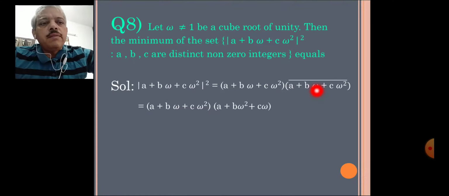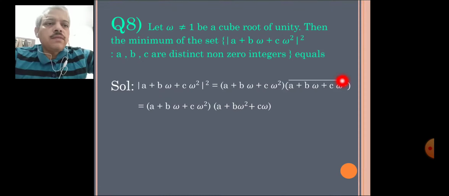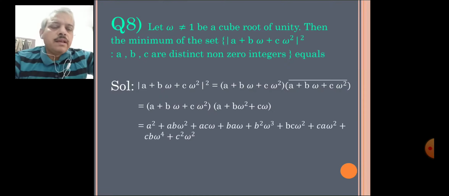So conjugate of b omega will be equal to b omega square, because conjugate of omega is omega square and conjugate of omega square is omega. Now multiplying, we will get this expression,